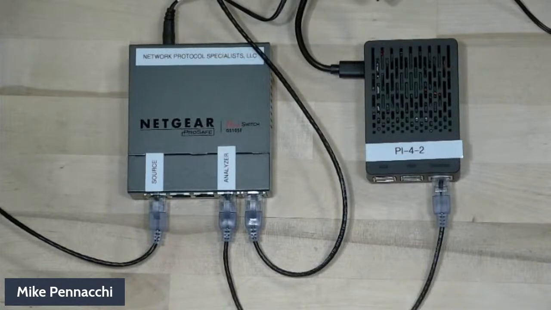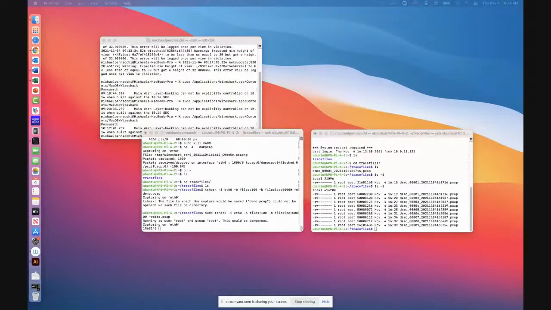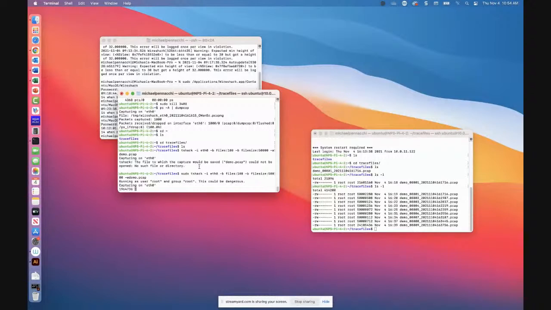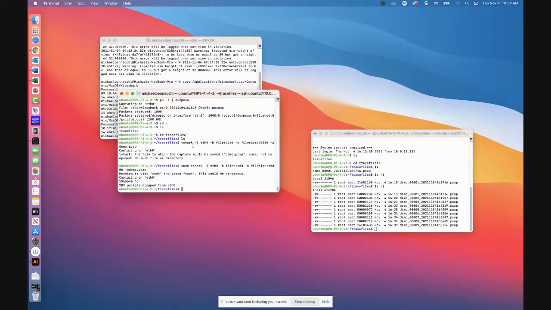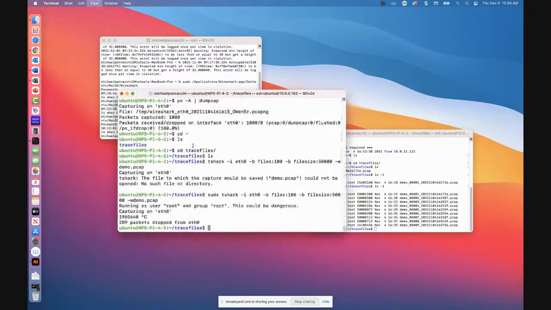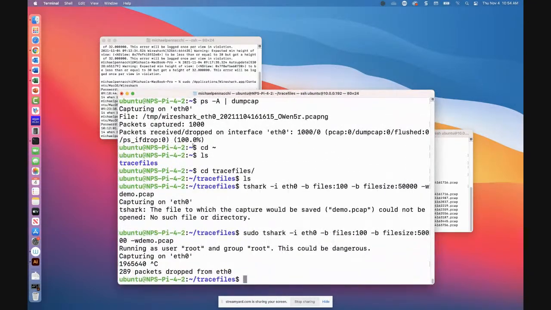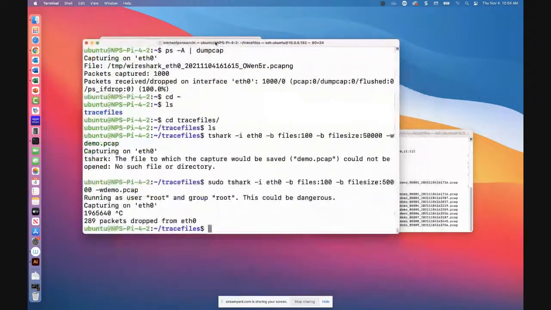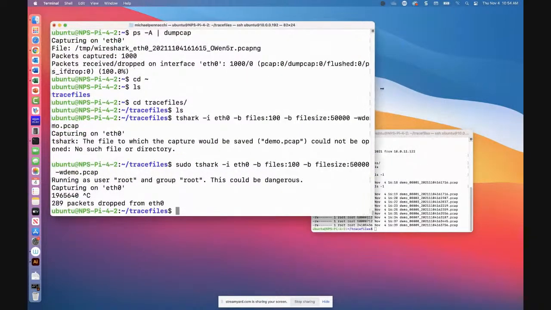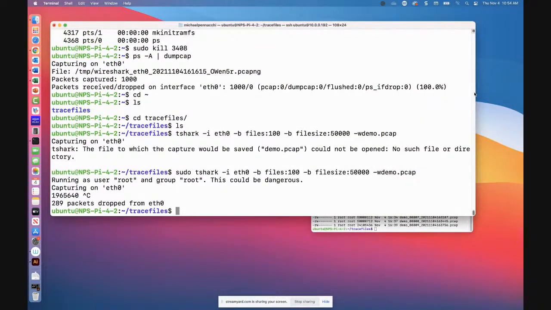If we come in and take a look at that Pi, we're going to stop capturing for a second, and let's make that font bigger so you can see it. We're going to type in what I believe is one of the most useful commands when it comes to doing packet capture.